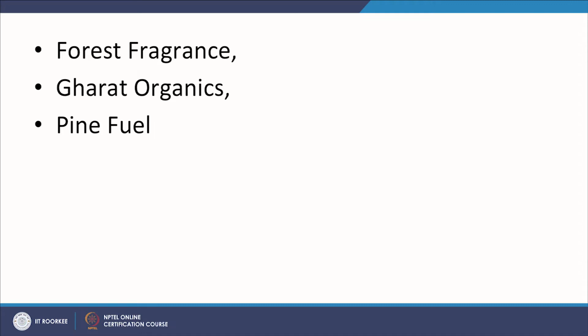So, recently one of our associates who is associated with us as a beneficiary initiated a brand called Kharat Organics, wherein another project which we are doing along with my colleagues, who are scientists, engineers, people from bureaucracy, and our team of young technocrats, we have put up processing machines in the Himalayas to facilitate the local